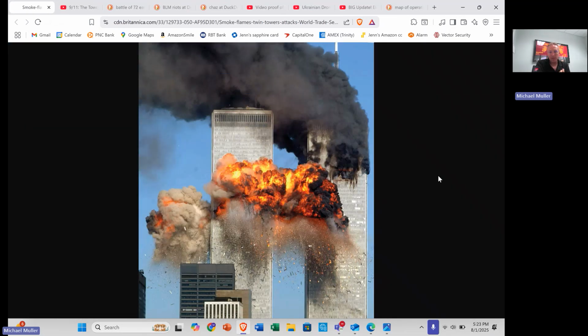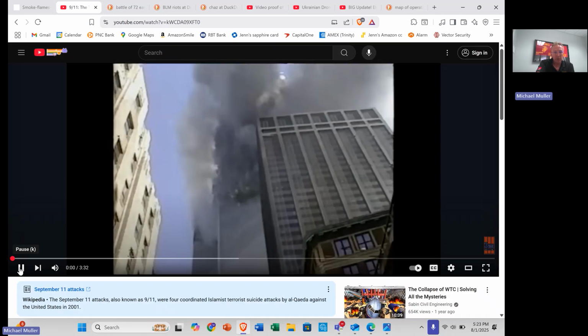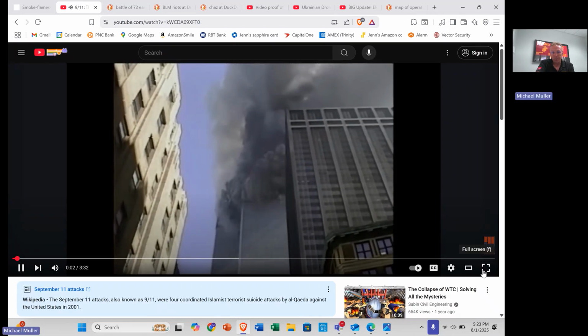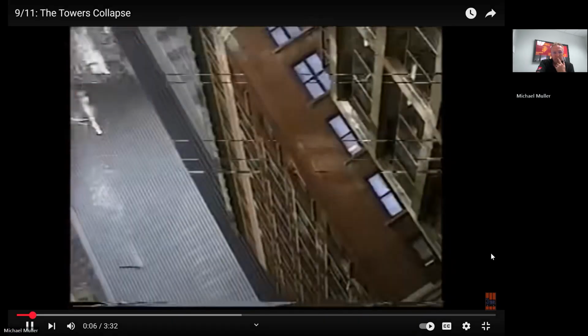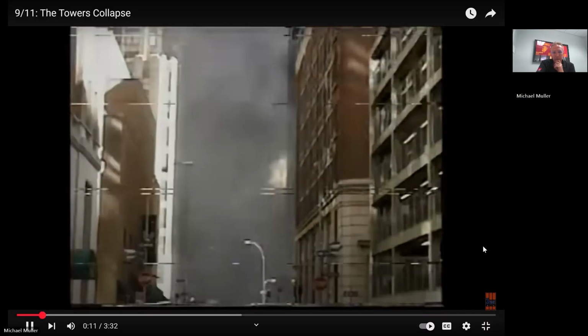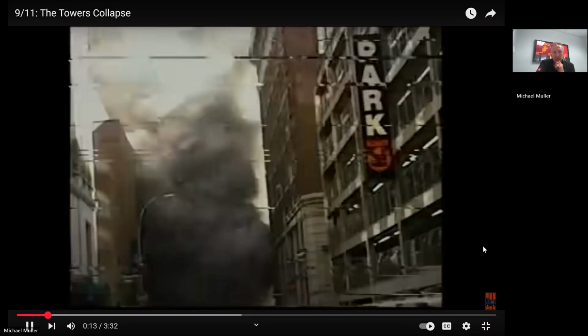This is the why, right? And actually, it's ironic. These videos are surprisingly hard to find. These pictures are hard to find on the internet. They want to dumb it down. They want to show the aftermath, but actually finding the explosions, finding the video footage, was very hard to come by. This is the live footage of the towers coming down. If you ask anybody watching this, that is the Twin Towers collapsing.